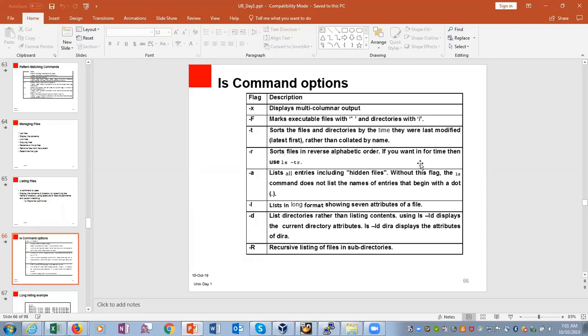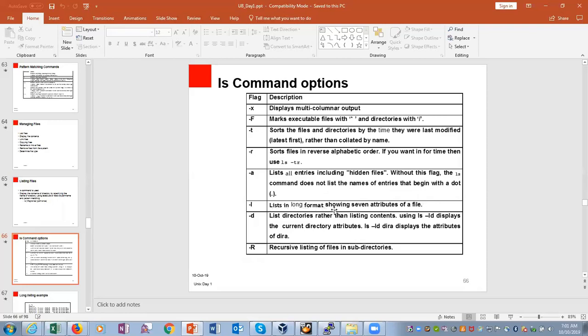If you want it in reverse order by time, then use ls -tr. -a lists all entries including hidden files. Without a flag, the ls command does not list the names of entries that begin with a dot and dot dot.